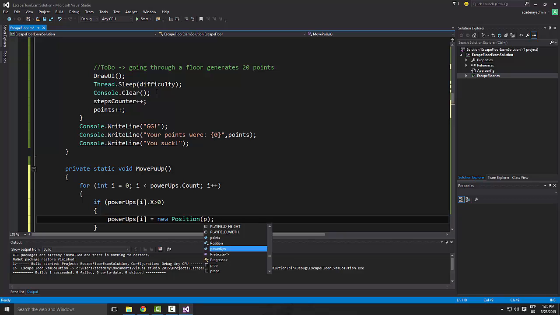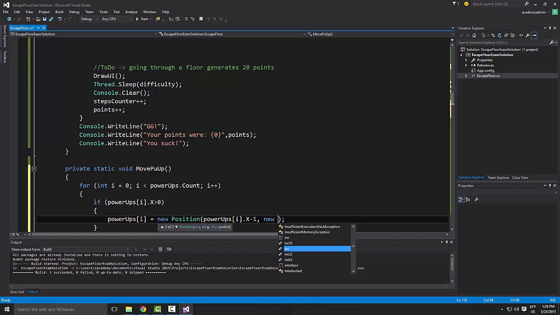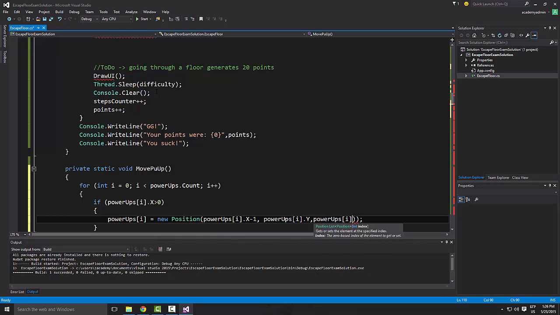So power-ups of I dot x minus 1. This is moving up, and then we have new position, power-ups. Sorry, no, what am I doing? Just power-ups of I dot y. So keep the y, and also keep the sign as well. So I want to keep power-ups of I dot symbol. And I have one more here. Okay. All right. Else if